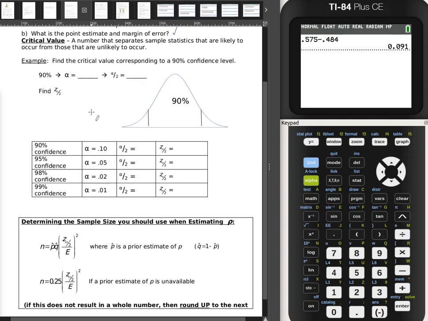But right now we want to talk about something that's called a critical value, because we're going to use this to determine what sample size is needed to obtain a certain desired margin of error, for example. And the critical value is going to be actually this thing here. It's a little bit funny of a symbol, but we will build up to it. Why don't we first, we're just working through this example, we're hoping to find the critical value corresponding to a 90% confidence interval